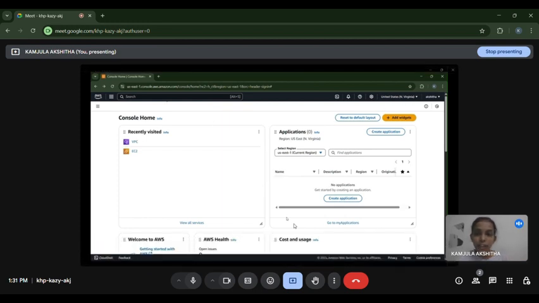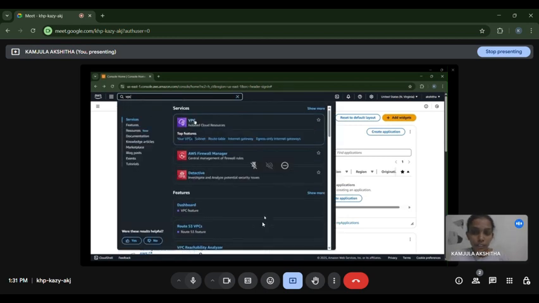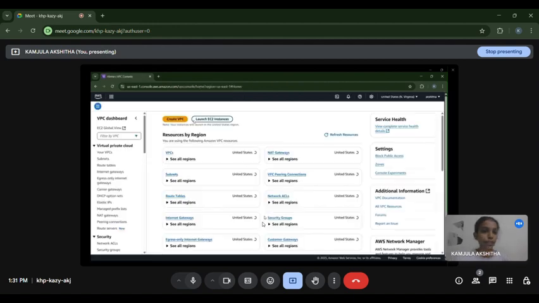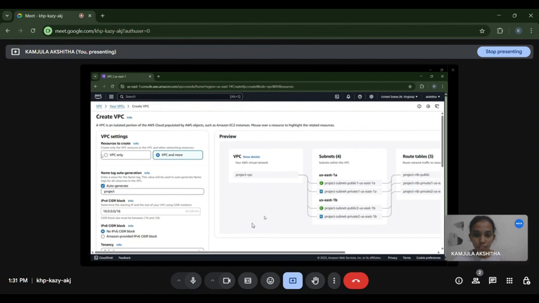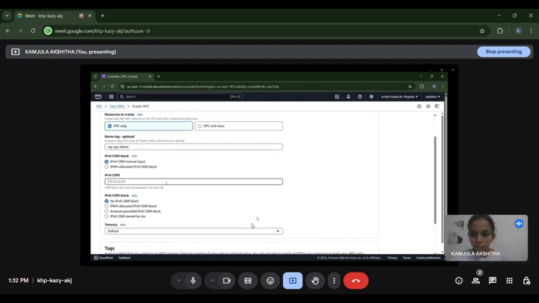Why we are creating a VPC is to provide a logically isolated network environment to host our AWS resources securely. So here I am creating a VPC, only VPC. I'm giving my name as my VPC demo, and here I'm giving the CIDR block